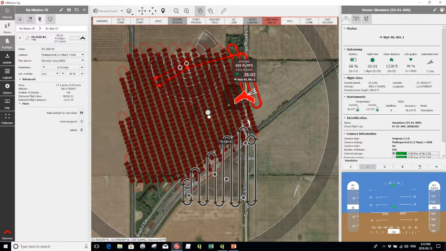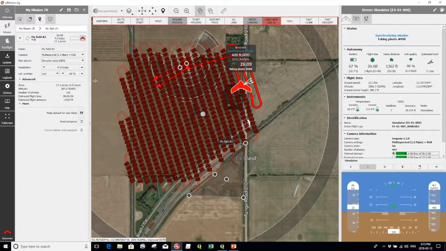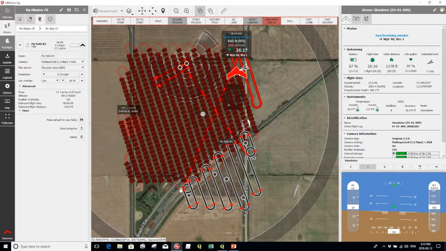Our wind speed stayed pretty consistent, so we'll fly about the same, and we can turn this field on now when we're ready to go. As soon as the drone has completed this one, it'll now go and fly this piece before it lands. We're not going to do that just for the sake of time here, but it's just something you can do,